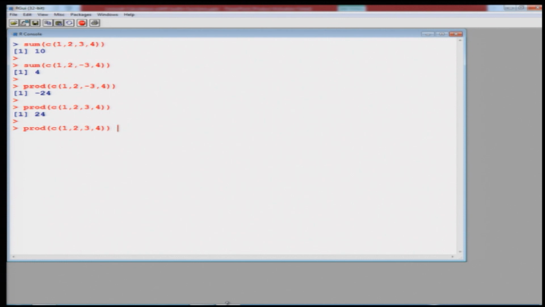And yeah, if you want to use the two functions together, for example, I can use the product and sum functions together. For example, I can find out the product of 1 2 3 4, and then I can find out the sum of say 1 2 3, and suppose I want to multiply the sum of 1 2 3 with the product of 1 2 3 4. So you can see here the answer. How is it coming? Product of 1 2 3 4: 4 times 3 is 12, 12 times 2 is 24, and this sum is 3 plus 2 plus 1, which is 6. So 6 into this multiplication will give you the answer 144. So you can see that these functions can also be used together,